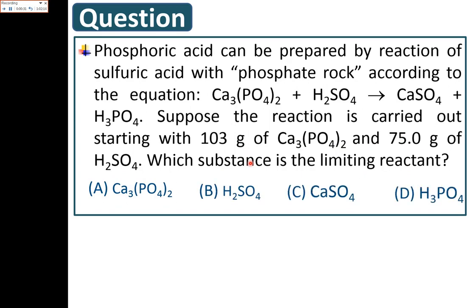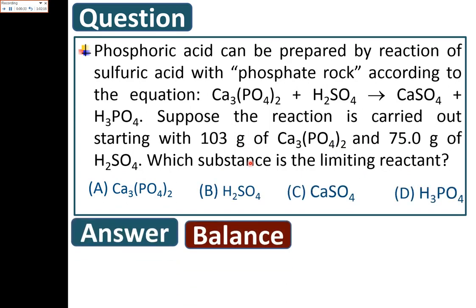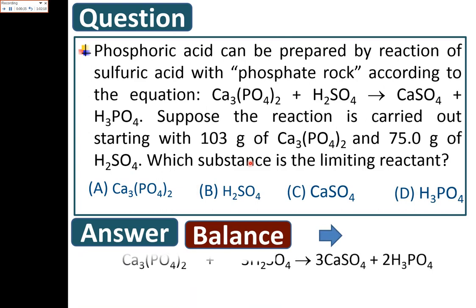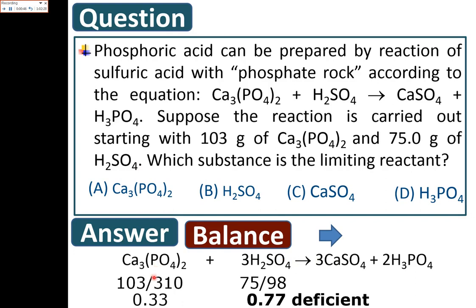Again, we will check the balancing of the equation, which is very, very important here. The equation is not balanced, so we will balance it here as we balanced it in the last slide. And then we will check the number of moles provided here. So it's giving now 103 gram of calcium phosphate. We will convert this to the moles, so it becomes 0.33. And for sulfuric acid as well, we will convert the mass to moles by dividing by the molar mass